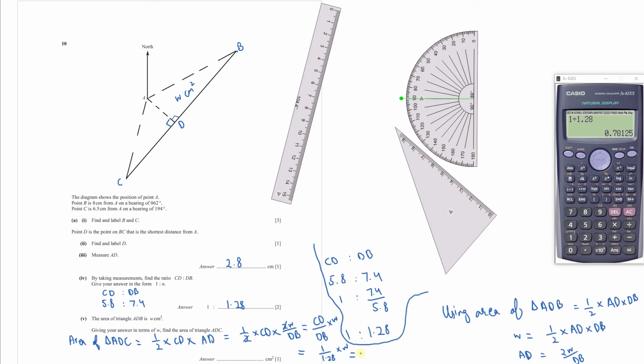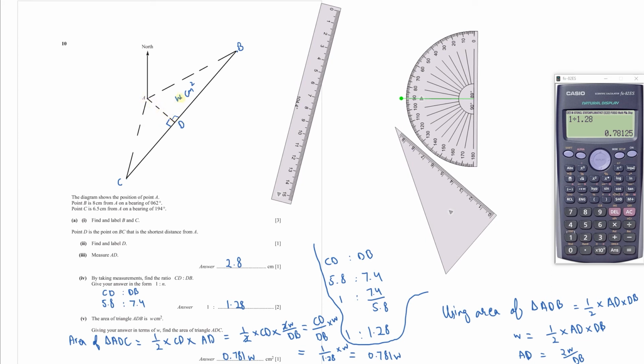So this is previous part. So this will be 0.781 W centimeter square. So this answer will be 0.781 W centimeter square. So that's how, using this common height of the two triangles, we first calculated this AD